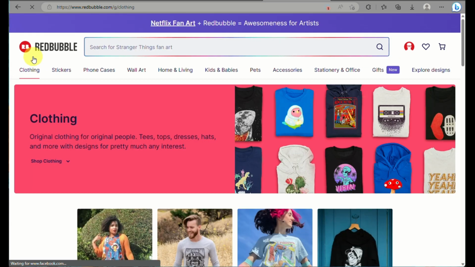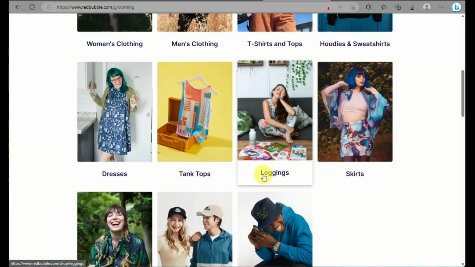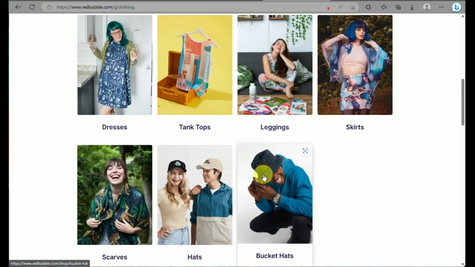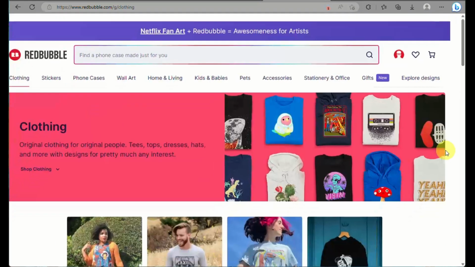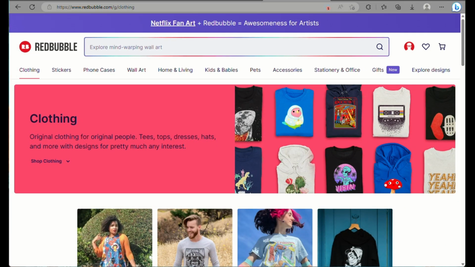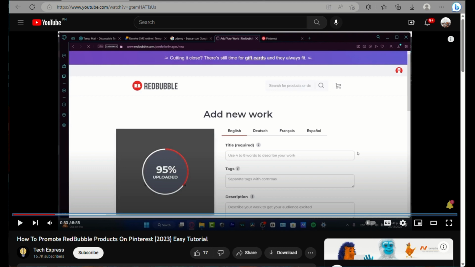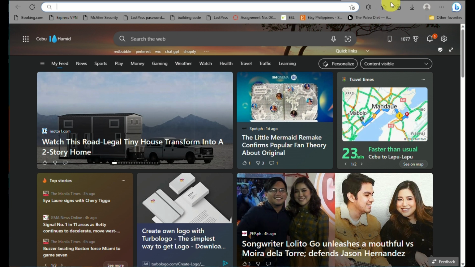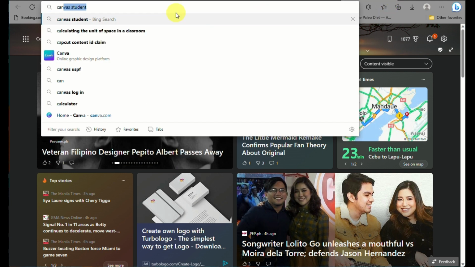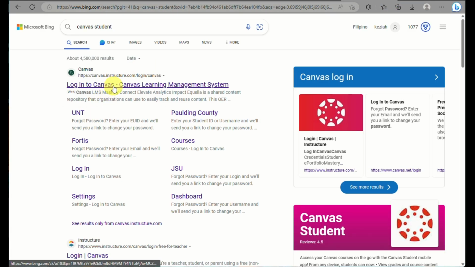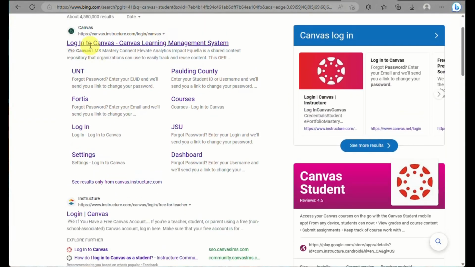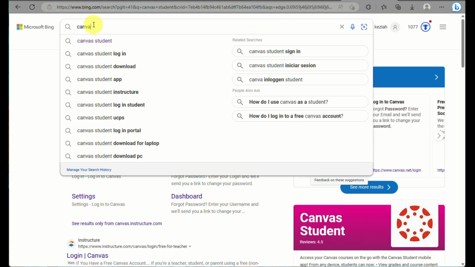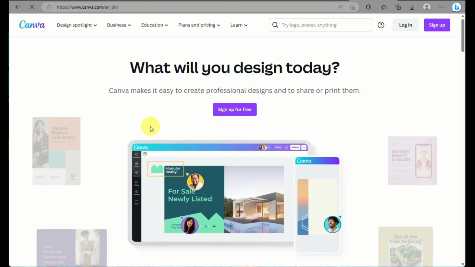But before you click on that, you can actually browse into the different products that Redbubble offers so that you will have an idea or you will have an inspiration on what are the products that are best selling and what are the products that you need to sell that are in the market so that you will be able to improve or so that you will know that your product is selling, your product would be effective as